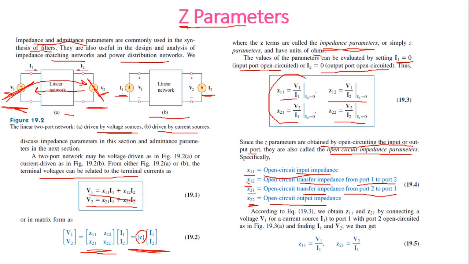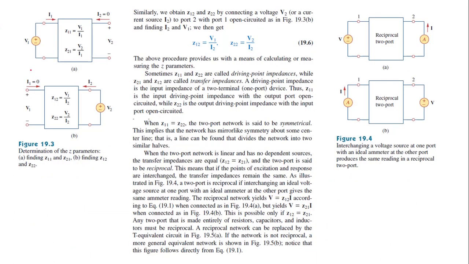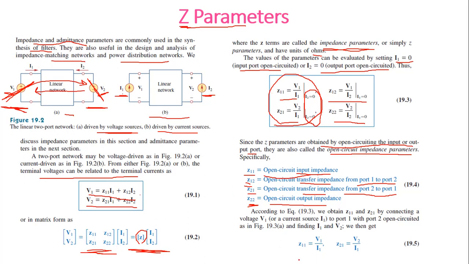Now how we obtain Z11 and Z21 is, you can see that we are making I2 equal to 0. What does it mean that I2 is equal to 0? It means that we are disconnecting the V2 source. Now look at this diagram. This is the same diagram. This is the input terminal side and this is the output terminal side. So here V1 is connected, but here V2 is disconnected. So we have made the port 2 open circuit, and made I2 as 0. If we take this condition, then we can obtain these two parameters, that is Z11 and Z21.